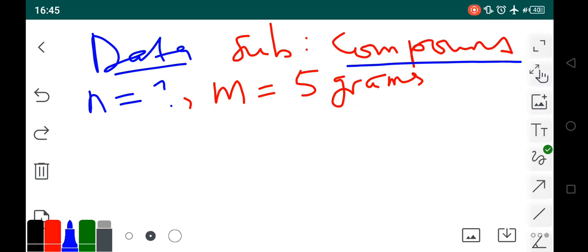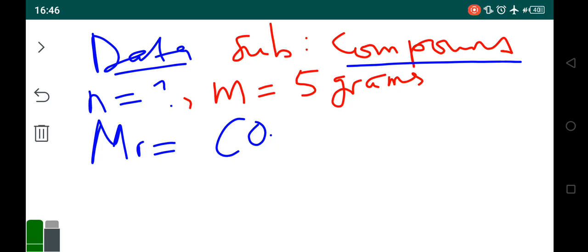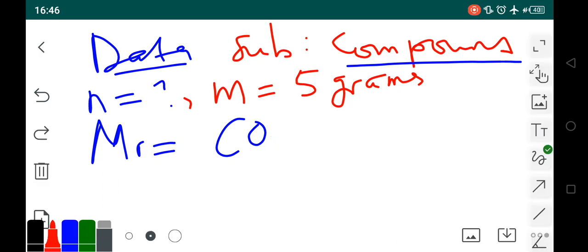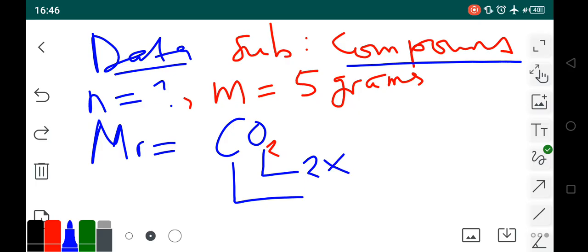Because it is a compound, you have to be very careful. So what's going to happen now is we'll say the relative molecular mass of this carbon dioxide, CO2. So there is a 2 there. What you do is find the combined mass, the total mass of the elements contained in this carbon dioxide. All you have to do is this. We have 2 atoms of oxygen in this carbon dioxide, multiplied by,